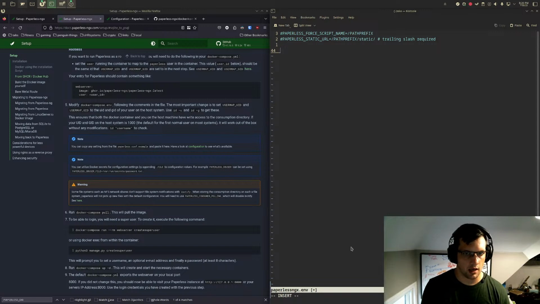So we want to set paperless underscore db user equal to paperless, underscore db host equals paperless, db pass is going to be